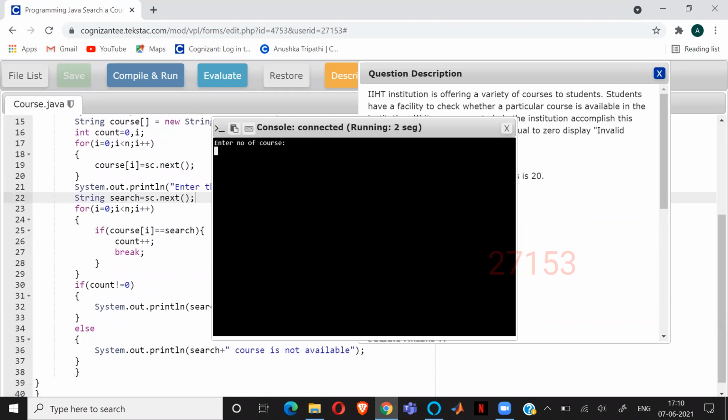I'll compile it and put the number of courses, and I want to find C++, and it's giving it like this. You search about C. Yeah, it's the same.